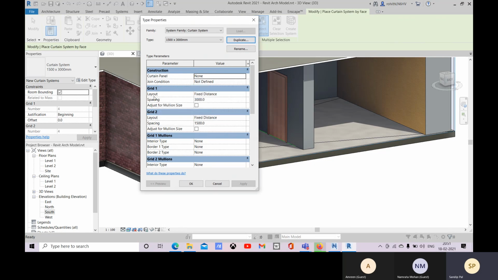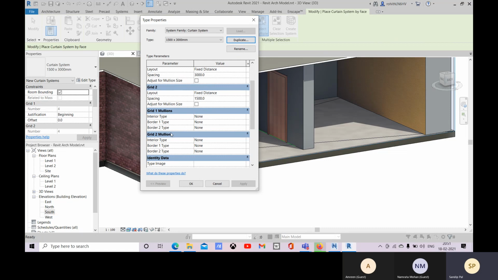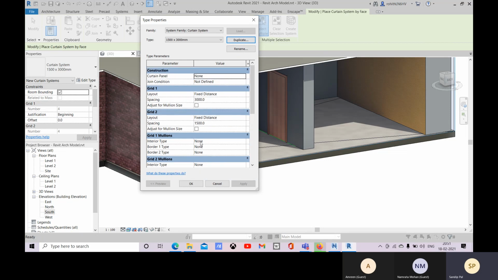So there you see the first grid is 3000 spacing. Second grid is 1500 spacing. Interior type mullions are not there. Border type mullions are not there, so you can add mullions after that also.